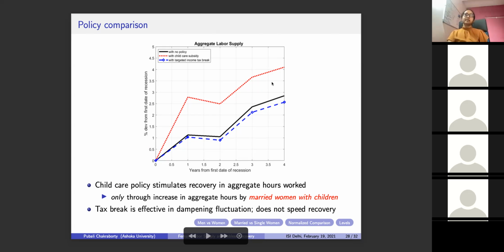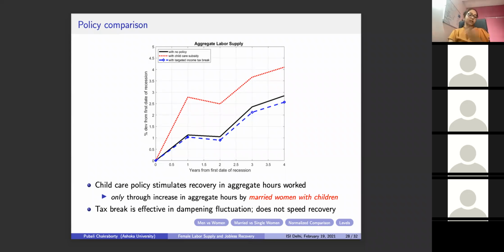The reason is that when you reduce the price of buying childcare from the market, that increases the demand for childcare. Because there's an increase in demand for childcare, that increases the demand for workers in that childcare sector, and that helps to